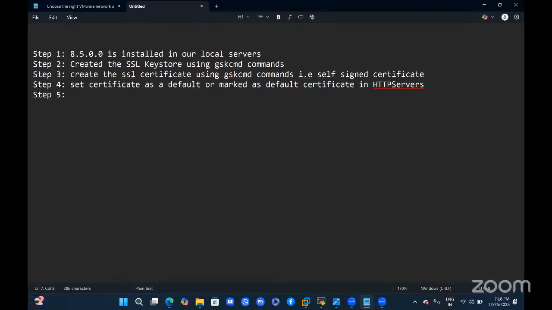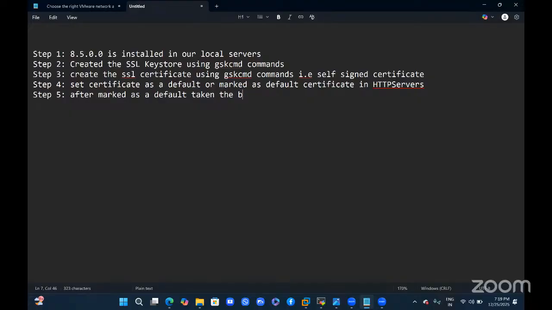First take a backup of the IHS. Next, after marking as default,